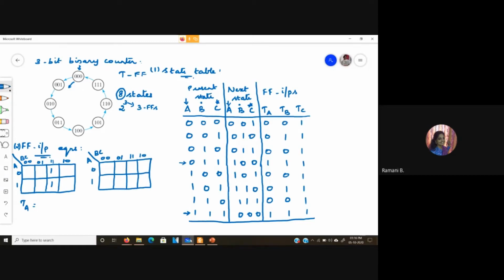And for TB, you have it in 1, 3, 5, and 7. And lastly, for TC, we have all the values to be 1. So directly you can say it is 1, or you can even draw the K map and show it.